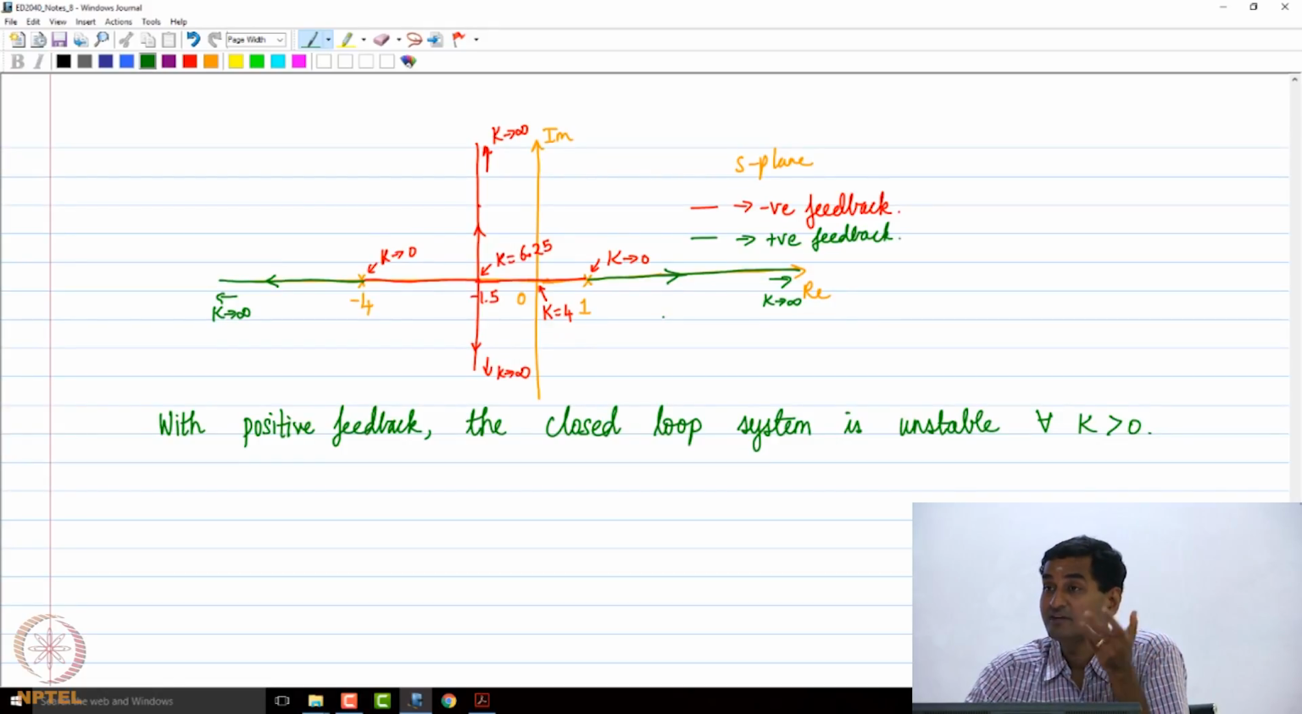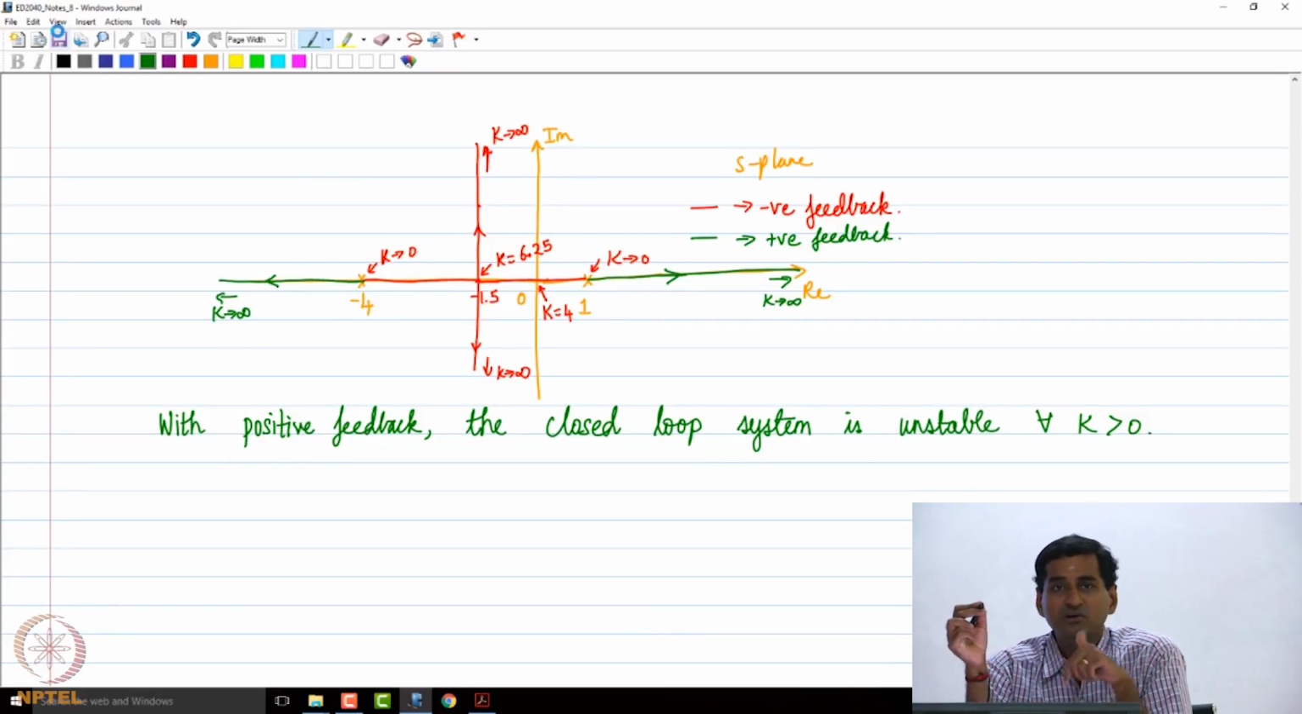So, consequently we have a problem. That is, with positive feedback we are not even able to stabilize the closed loop system with a positive value of k, alright. So, you can immediately see how the root locus is changed drastically once we change the nature of the feedback that we introduce. But I hope the steps are clear and how we constructed the root locus for this particular case is clear,